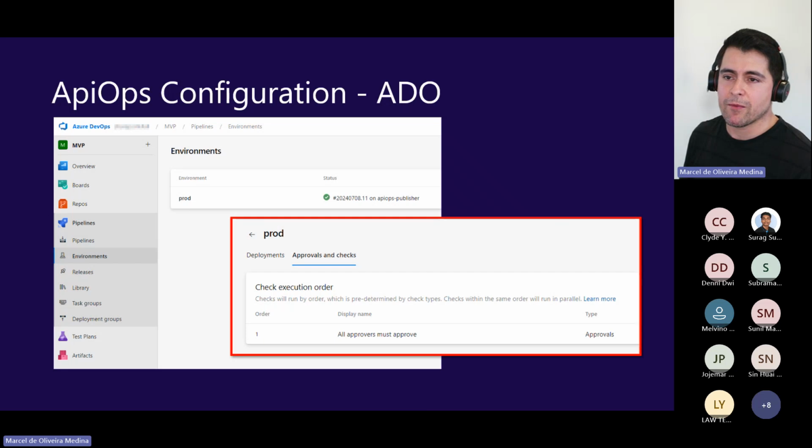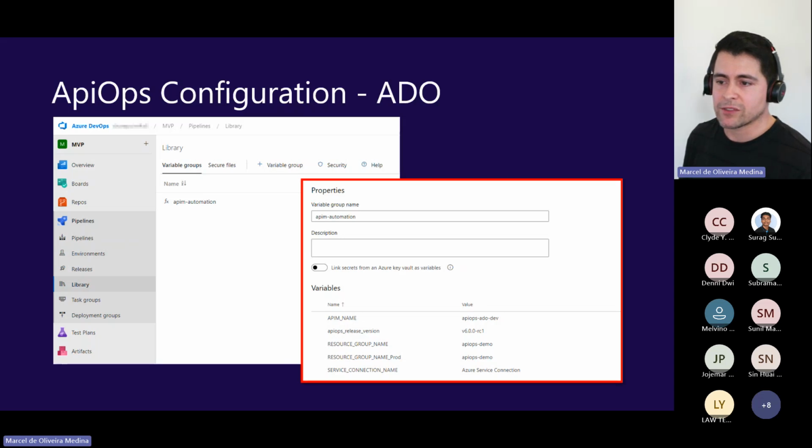Depending on the environments, it's recommended for production to have an approval process. So things go in, you can deploy to dev, test, but before production, you could have an approval process. And someone could just define, yeah, I'm happy for those changes to be pushed. So that's how you do it on Azure DevOps.